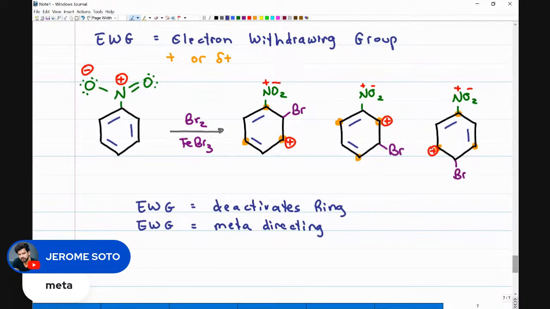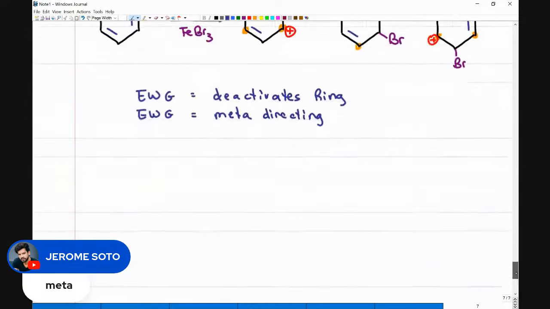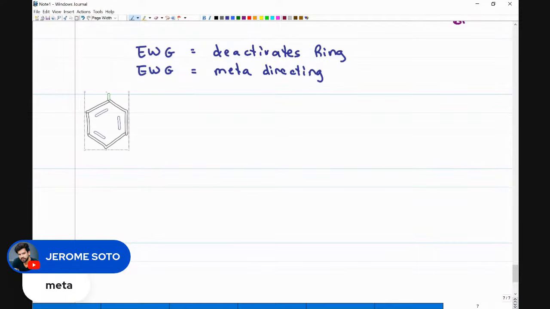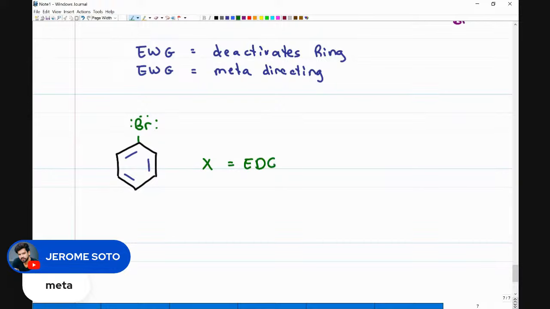All right, so we have our electron donating groups, electron withdrawing groups. There is one exception, and that is the halogen. If I have something like a bromine on the ring, bromine is considered an electron donating group. Halogen is an electron donating group. It puts negativity into the ring and it can absolutely resonate. In fact, one of the resonance structures that would happen when I add ortho or para, so let's put this one here,